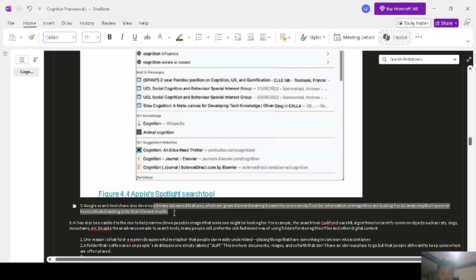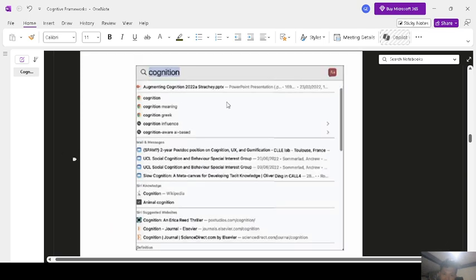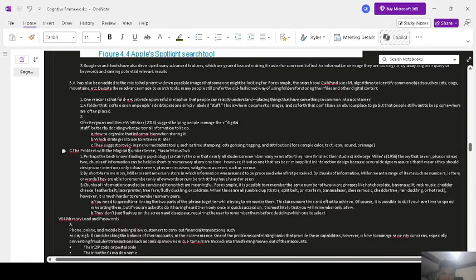Google search tools also develop many advanced features which are geared toward making it easier for someone to find the information or image they are looking for by analyzing their query or keywords and ranking potential relevant results. So here, AI has also been added to the mix to help narrow down possible images that someone might be looking for.